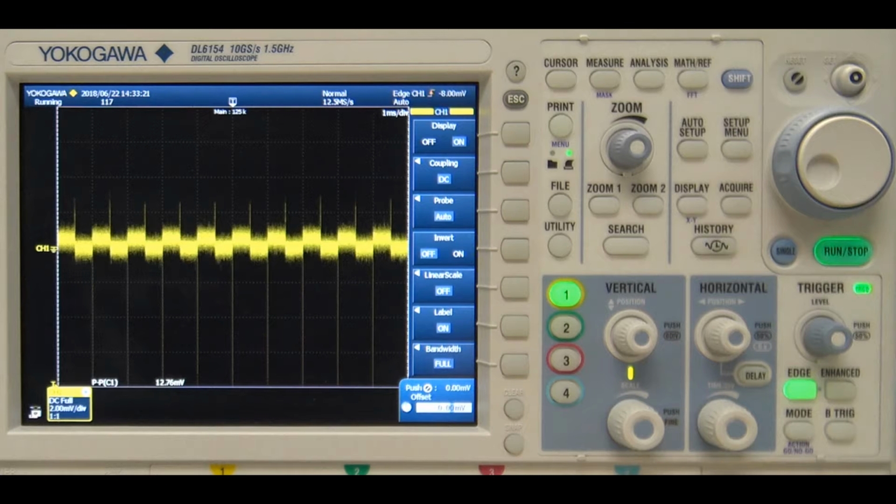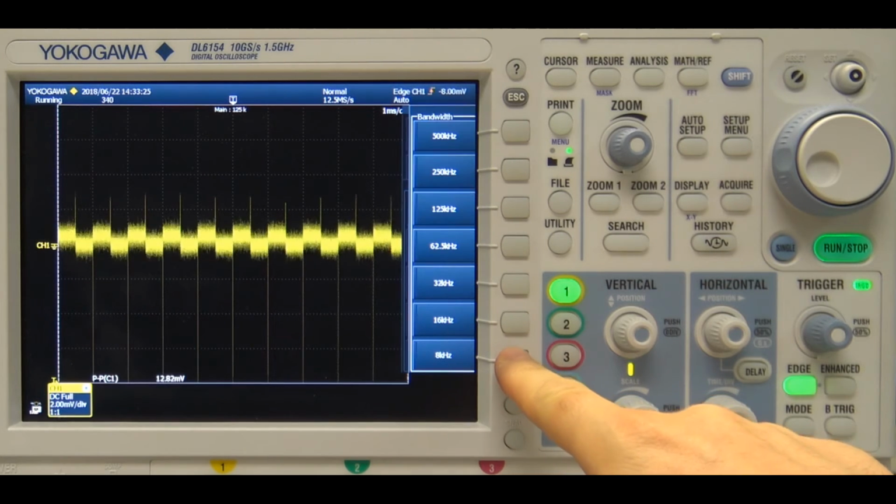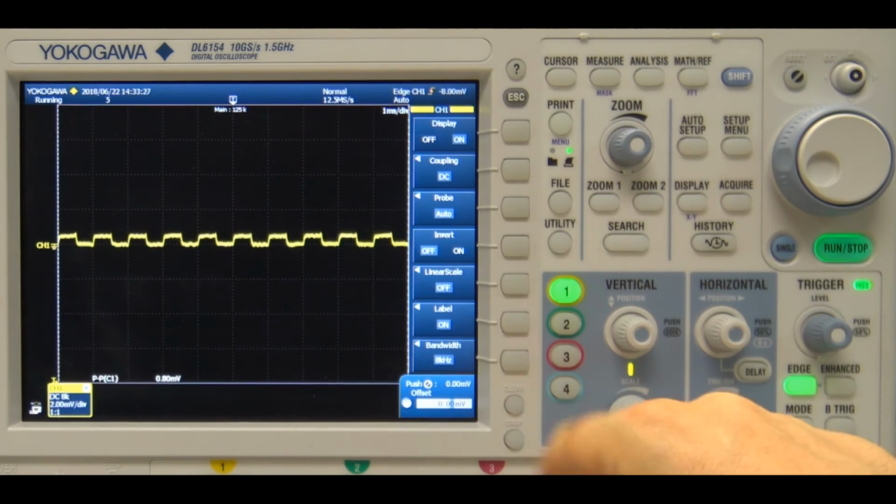Therefore, if I want to properly measure the voltage at the detector output, I need an oscilloscope with an input impedance much larger than 1 kΩ. 1 megaohm is perfect for this, but I can do more. Now I go to the option bandwidth and specify the minimum one, 8 kHz.